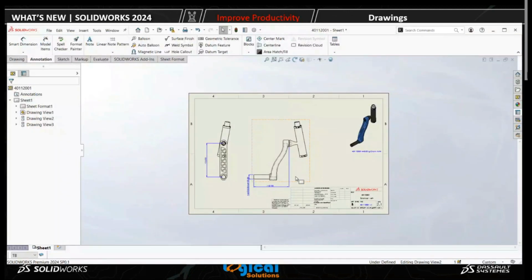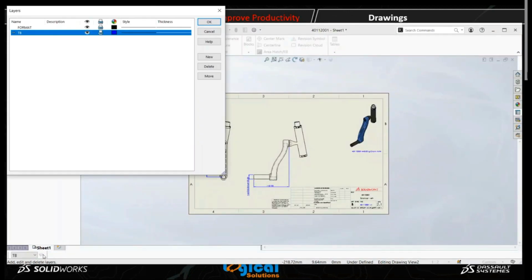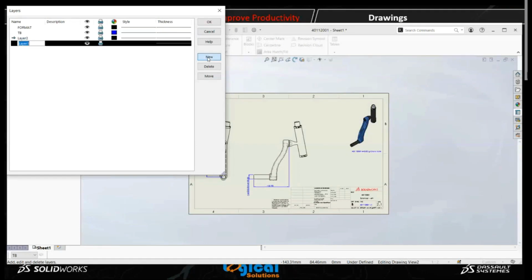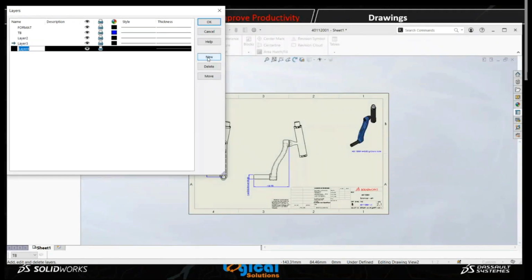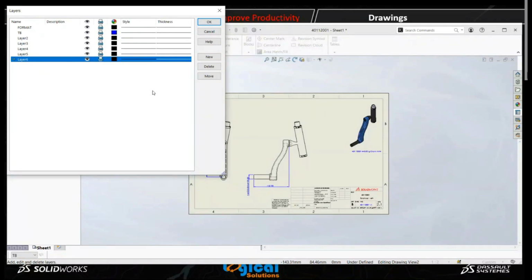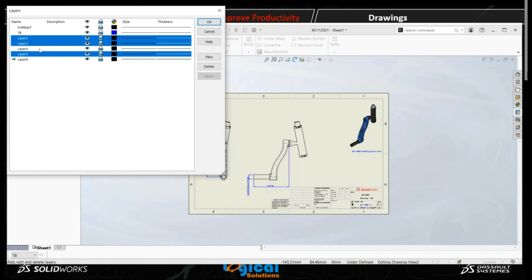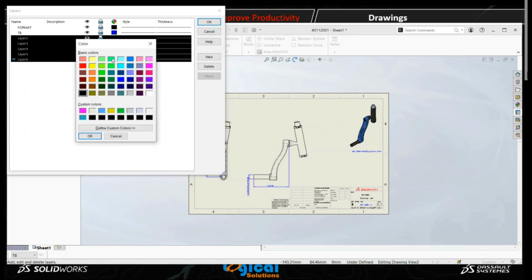I'm going to create multiple layers. I'm just creating layer 2, layer 3, layer 4, layer 5 like that. In previous releases we could also create layers. If we wanted to modify or delete layers, previously we had to select each layer and modify or delete it. For this release we can select multiple layers by pressing Ctrl, and you can modify them, for example choosing a different color,